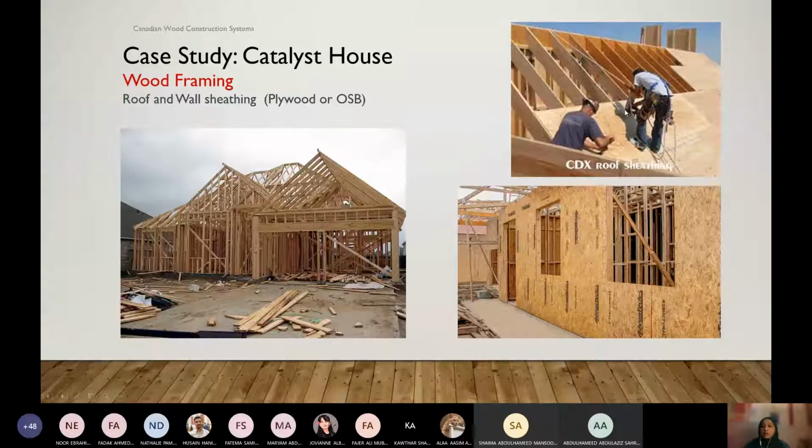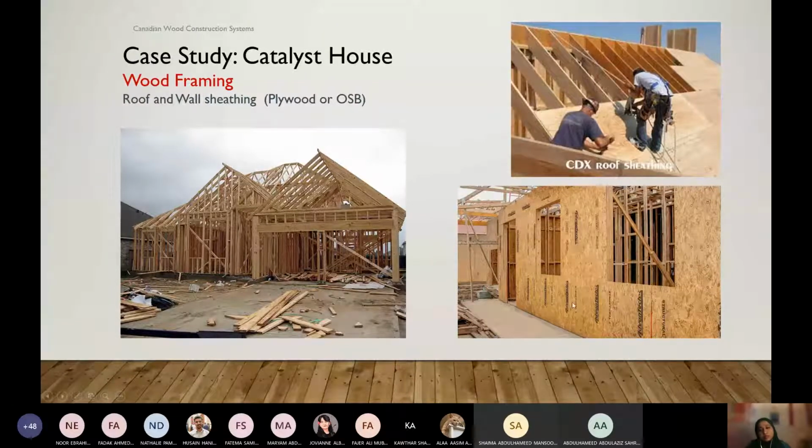And you see here, we put the glue, and on top of that, we install the panels. I'll show you maybe on the next slide how we fasten or attach them with the framing members. So this is how the framing part looks.